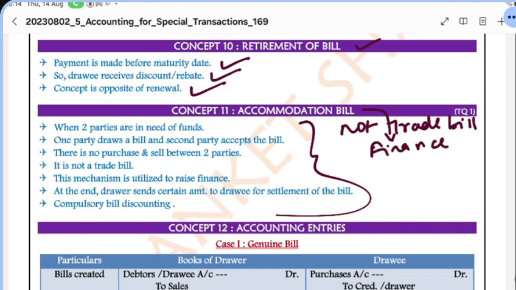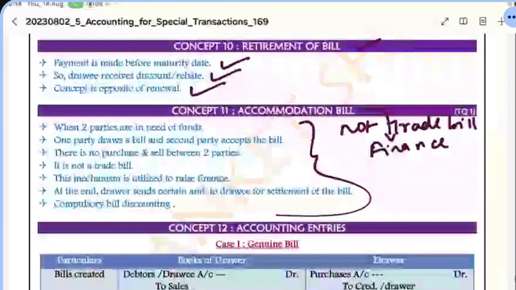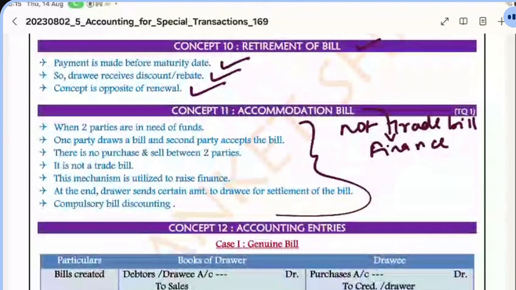For example, a poor person like me is in need of money. When he goes to the bank, he will ask for security. Do you have anything in your name? I already said in the class, nothing is in my name. I don't have a house. I don't have a vehicle in my name. Nothing is in my name. So I tell him I don't have any security. He says, I will not give you a loan because we need something as security.